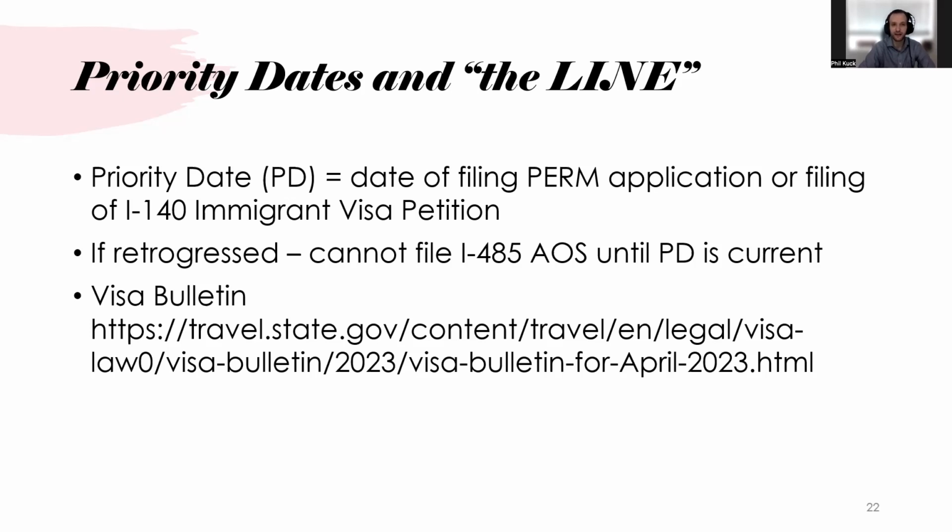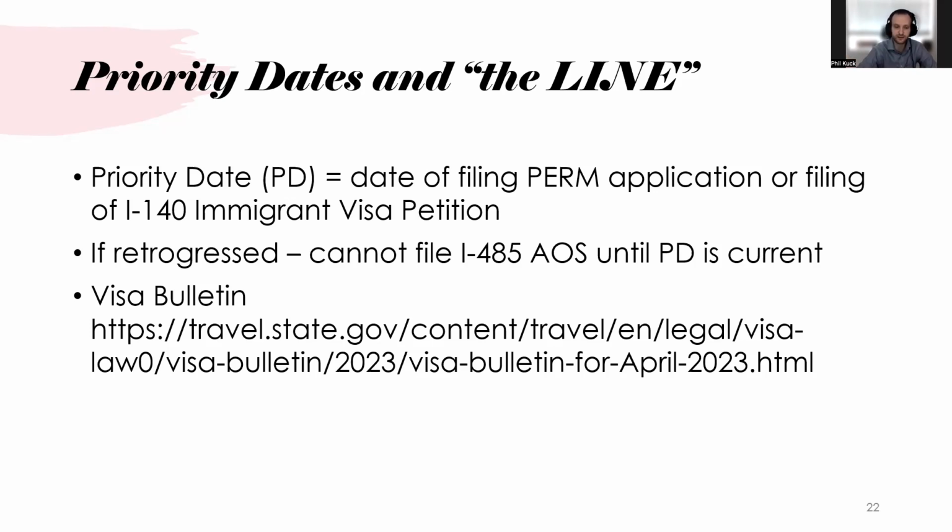So you'll go down the list, right? You'll skip past the family-based ones unless you have a family-based green card pending there, and you'll go to the employment based, and there's two charts. There's the final action date, which is the first one that will pop up, and the dates for filing one, which is the second one that will pop up. And if you're in the United States, you're going to be looking at the final action dates chart,